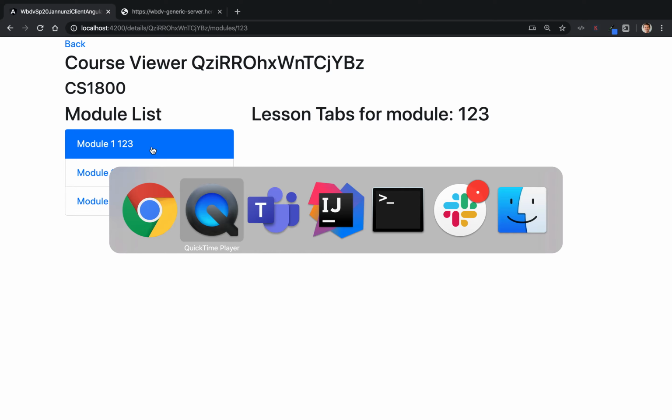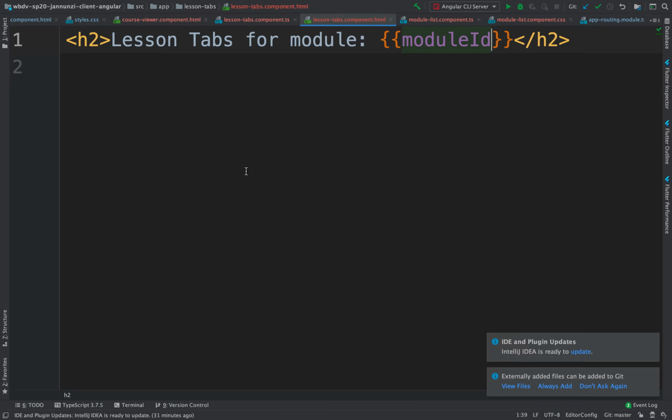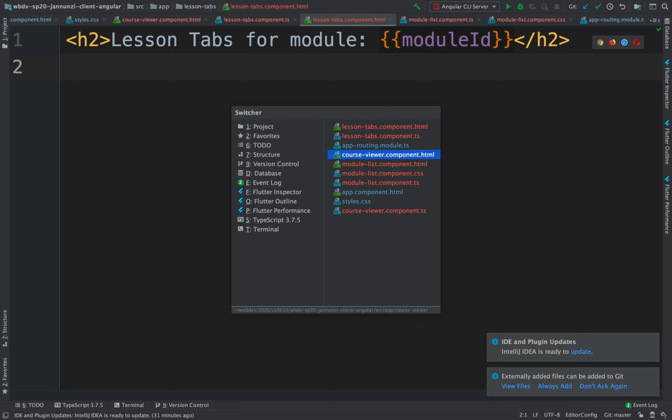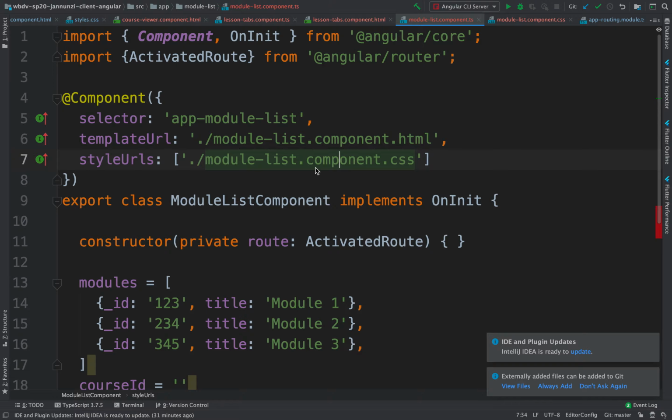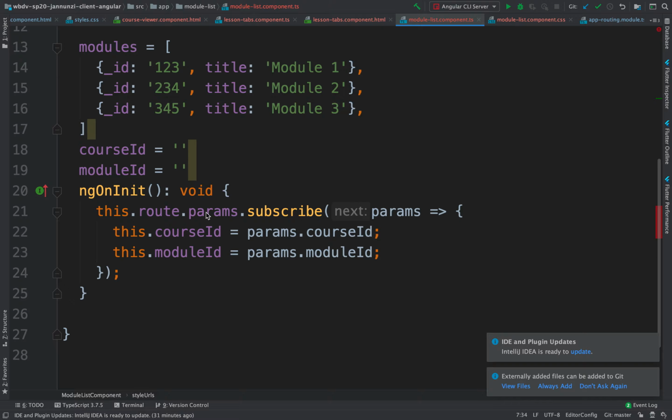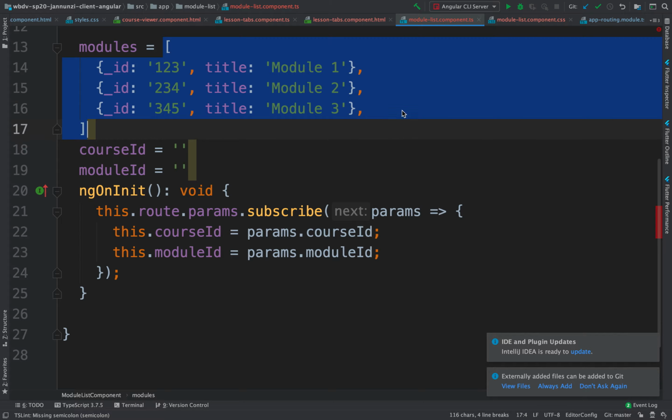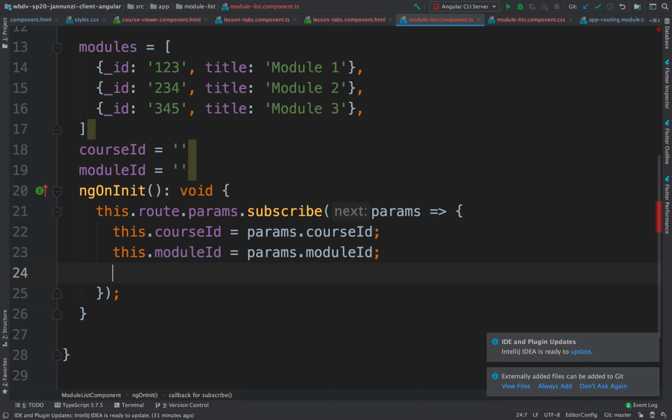So let's go to the module list. In the module list, we had received the course ID. We had received the module ID. Let's fetch the real modules, instead of using this hard-coded list in this array. So again, we can do fetch to retrieve the